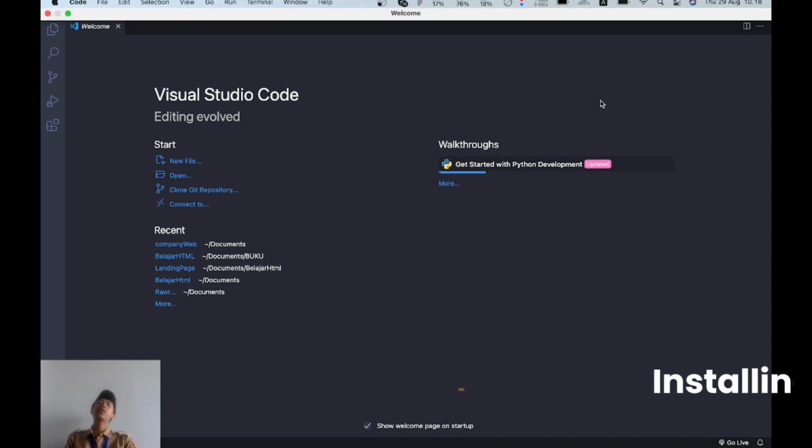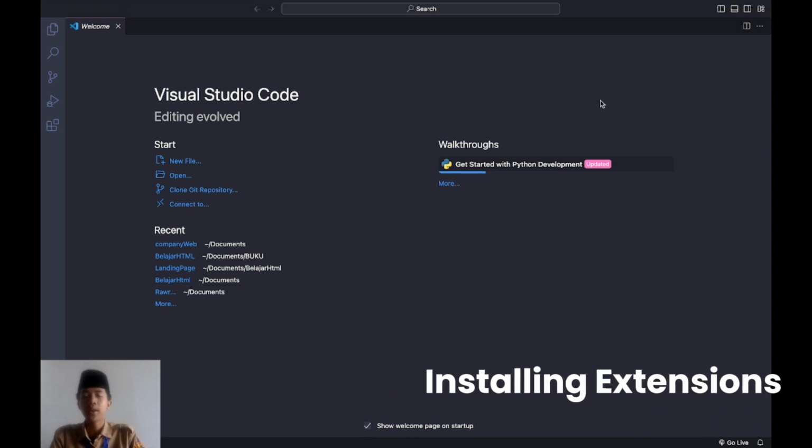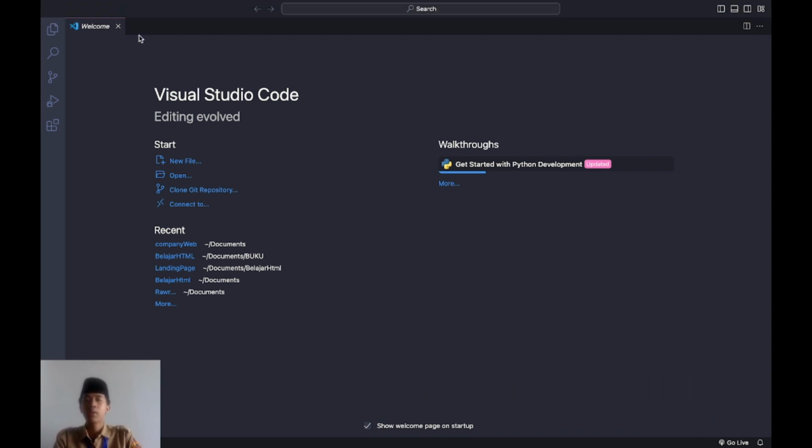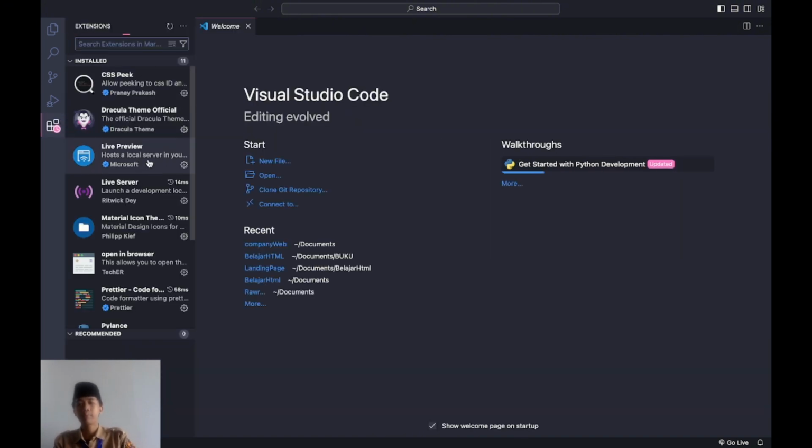When you open Visual Studio Code, the first window that you will see is like this. Before we learn more about the HTML structure, we have to download some extensions that will help you to learn HTML.